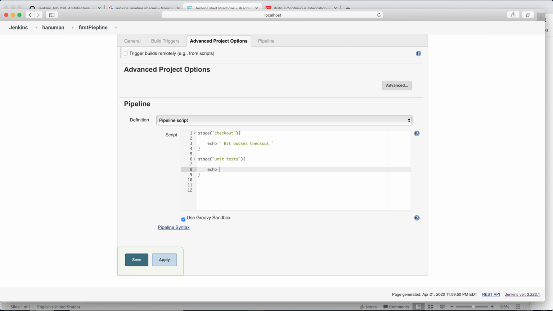Okay, performing unit tests. So I'm going to use some more plugins in this stage, and run the unit test cases. And one more stage I'm going to create is building. So building my project, I'm just giving some echo statements for testing purposes, maybe, so in the upcoming sessions we are going to do the actual implementation